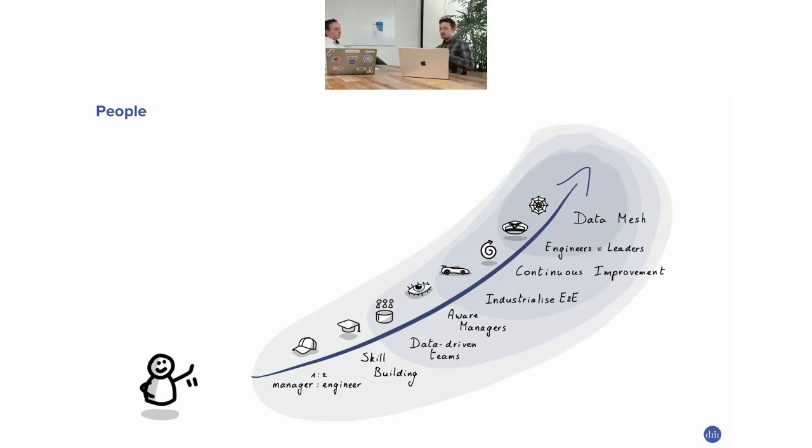And you also see when you become more mature that teams become data-driven. They start looking at their own data, not just about the product they deliver specifically, but also how they work, maybe their velocity or how many bugs they produce. They start becoming aware of that, as well as the managers. Managers start seeing the value in these things as well, and also in, well, the technical parts sometimes. Industrialization is the next step, of course. We talked about that in the statement.